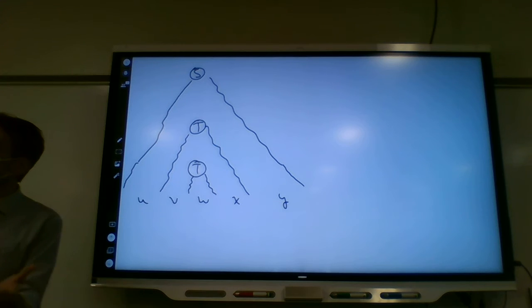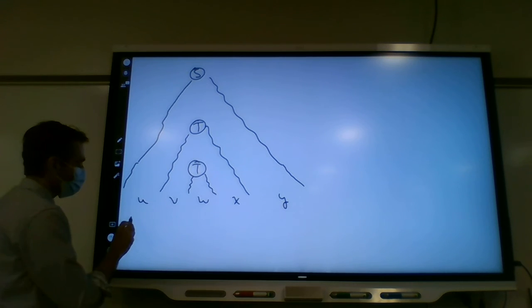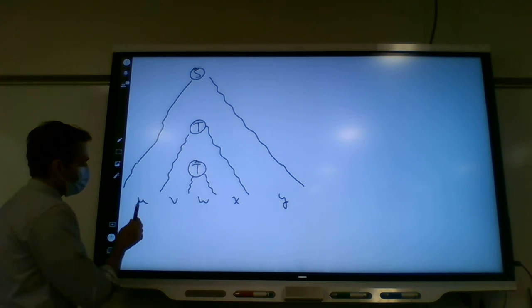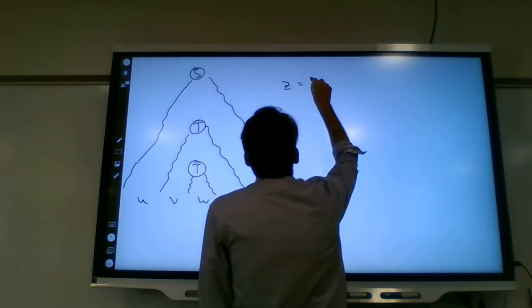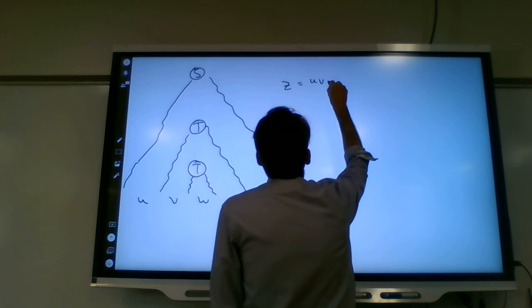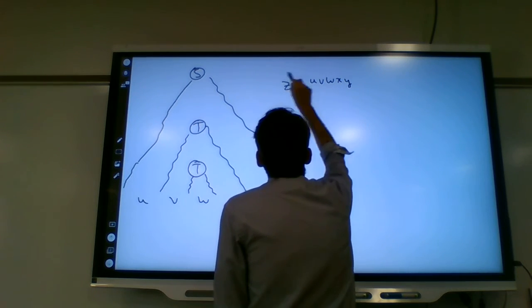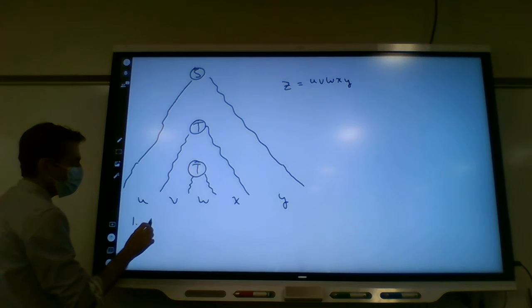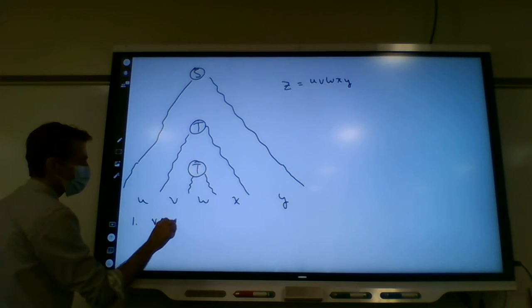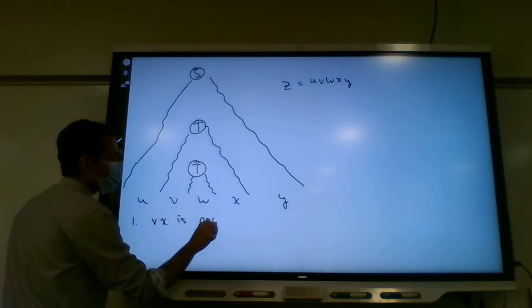So if we have a context-free language and a long enough string, we'll let our string be written in this way, where the vx part is non-empty.